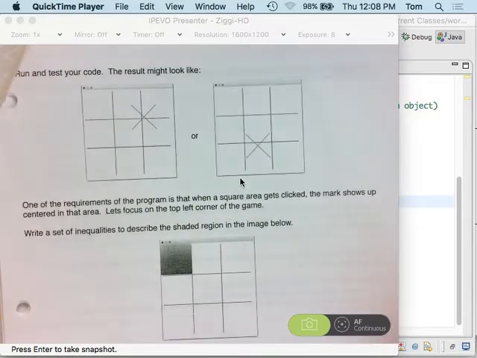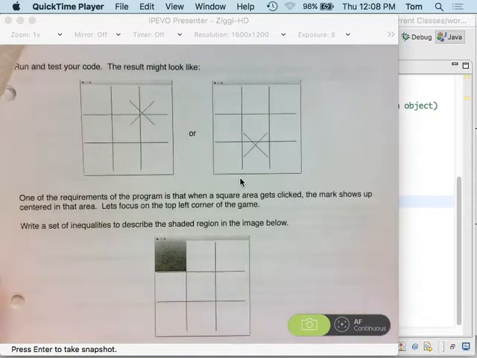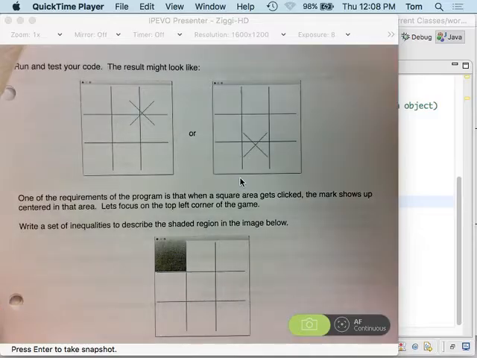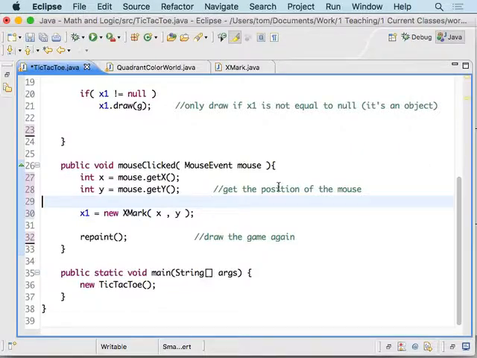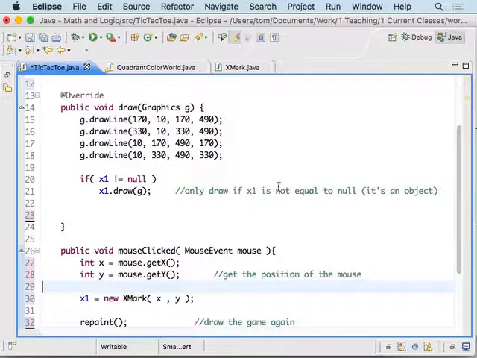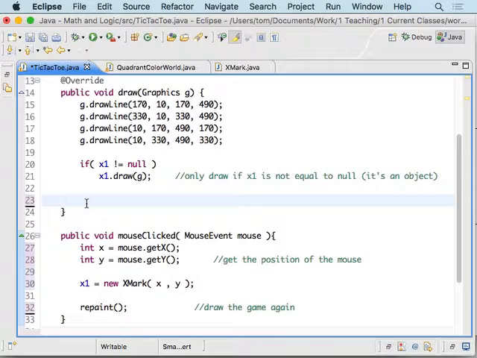All right, so where we should be right now on this tic-tac-toe project is that we can run our tic-tac-toe game and we get to see the hash marks, and when we click in a location we get the X that shows up there. So if I click there I get the X there, if I click there I get the X there. The way that we basically got that to work was